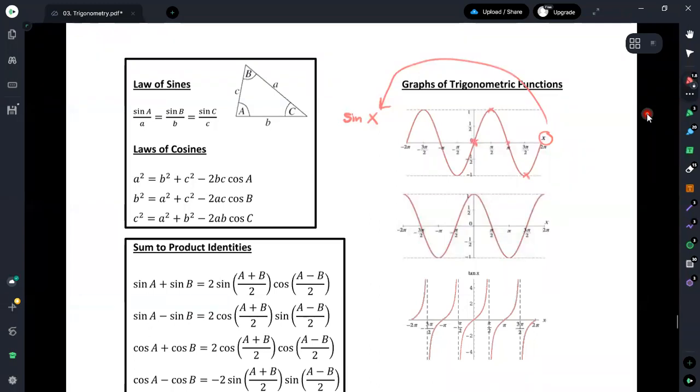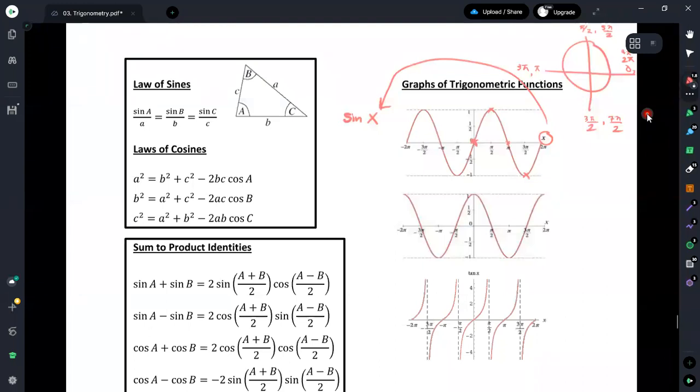We all know that according to the quadrant rule also, we have identified that here we had this 0, then pi divided by 2, then pi, then 3 pi divided by 2. Thereafter we can make this 2 times pi, then 5 pi divided by 2. Then here we had 3 pi, then 7 pi divided by 2. Likewise we are getting 4 pi here. Therefore it is just a continuation, and in that way we can continue our sine graph as well.